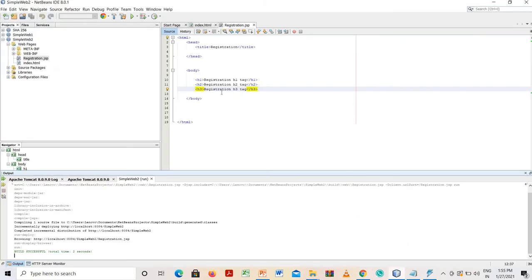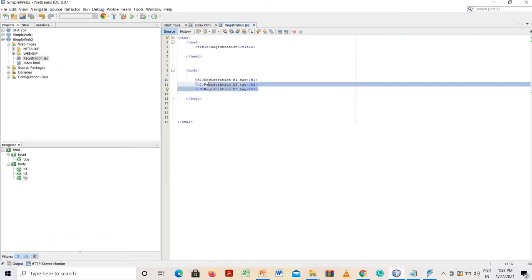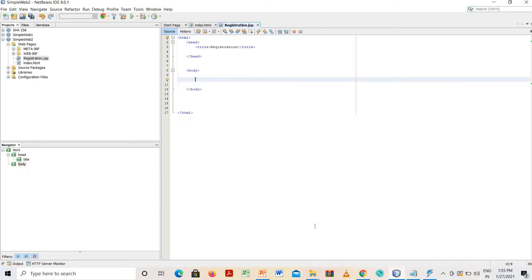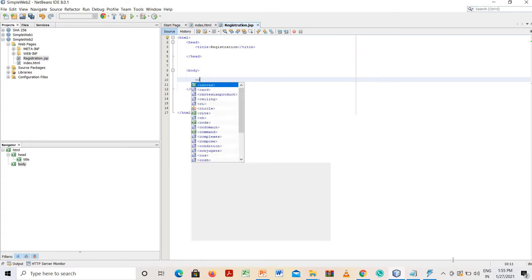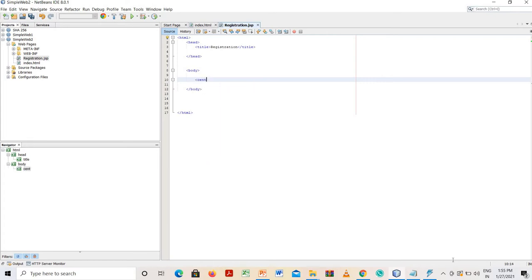So now I'm going to remove it. Okay, now my aim is what? I want to design one registration form. I want the registration form to appear like a registration form and that should be at center, but in the H1 tag.